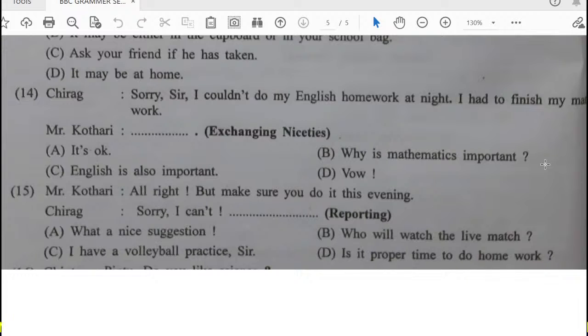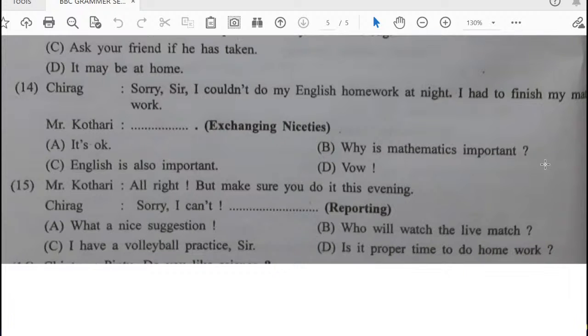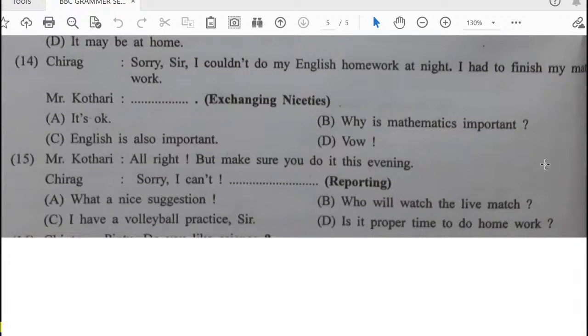15. Mr. Kothari says, alright, but make sure you do it this evening. Chirag said, sorry, I can't. અને રિપોર્ટિંગ શું કરવાનું છે, રિપોર્ટિંગ કરવાનો છે. એટલે મિસ્ટર કોઠારીએ શું કીધું, ઓલ રાઇટ બટ મેક શ્યોર યુ ડુ ઇટ ધીસ ઇવનિંગ. Chirag said, sorry, I can't. તો એનું રીઝન આપણે આપવાનું છે, રિઝલ્ટ એનું રિપોર્ટિંગ કરવાનું છે. તો સી ધ ઓપ્શન